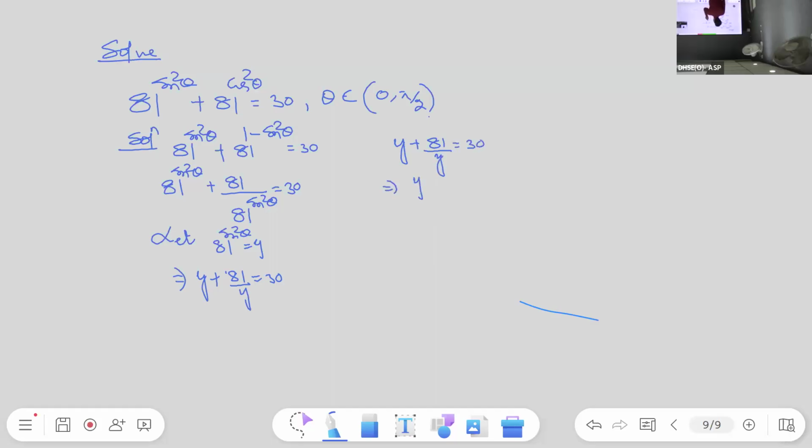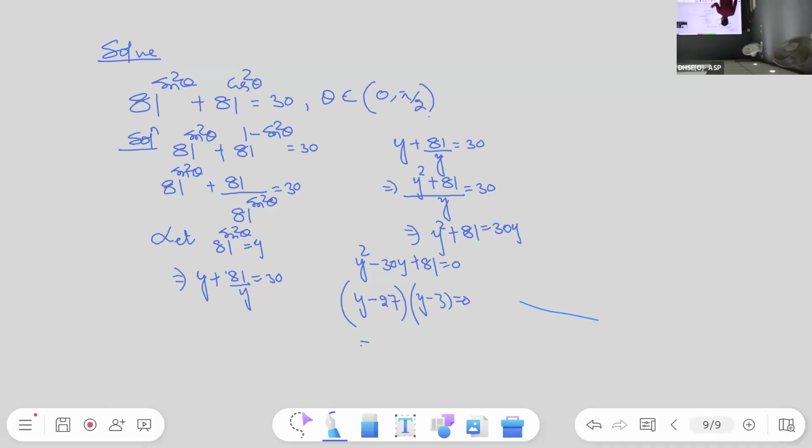This implies y square plus 81 upon y is equal to 30, so y square plus 81 is equal to 30y, or y square minus 30y plus 81 is equal to 0. By middle term factorization, this will be y minus 27 into y minus 3 is equal to 0,